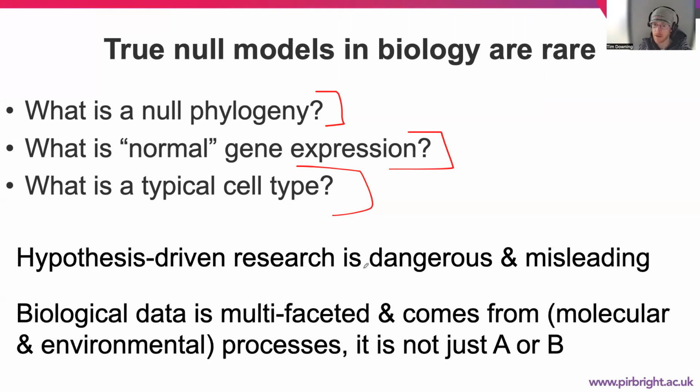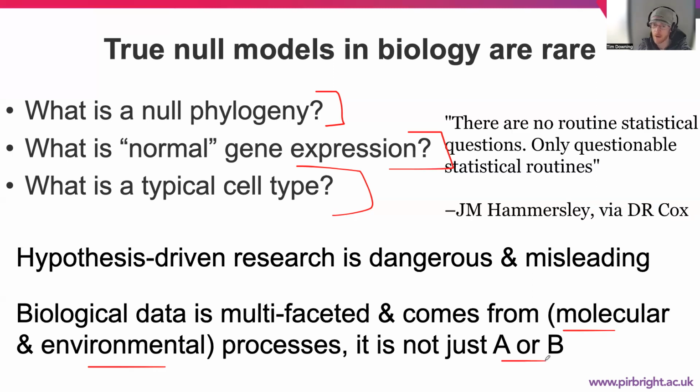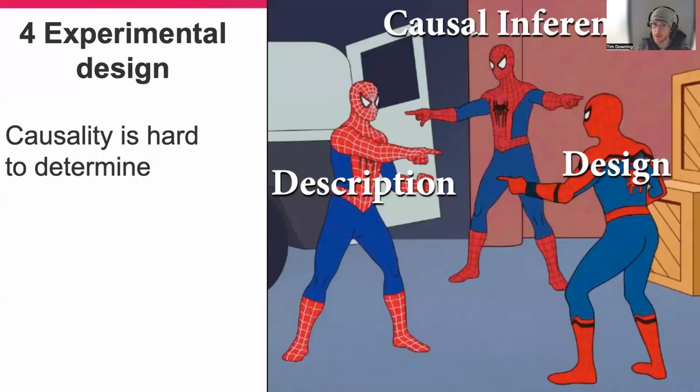So if you think of this at the level of complex processes, whether molecular, ecological, or otherwise, and not just particular molecules that do a lot of things, our problem is simply that our causality stems from the description of our data and our study, and that stems from the design of our study, and that feeds into causality. So you end up just in a circle. These feed back into each other, they bleed over onto each other, and we get causal inference based on actually bad design and